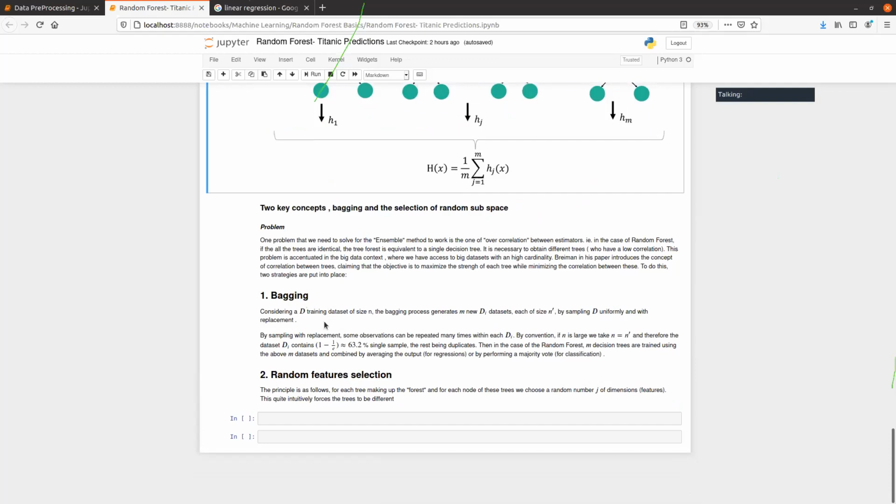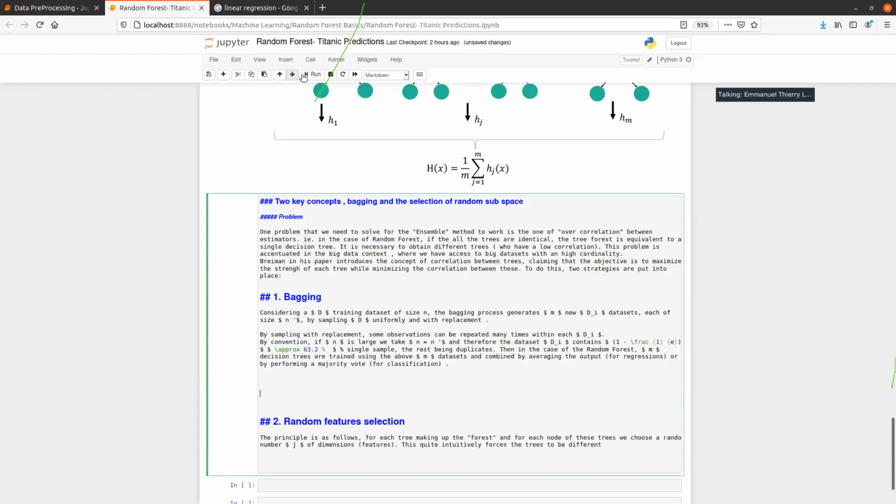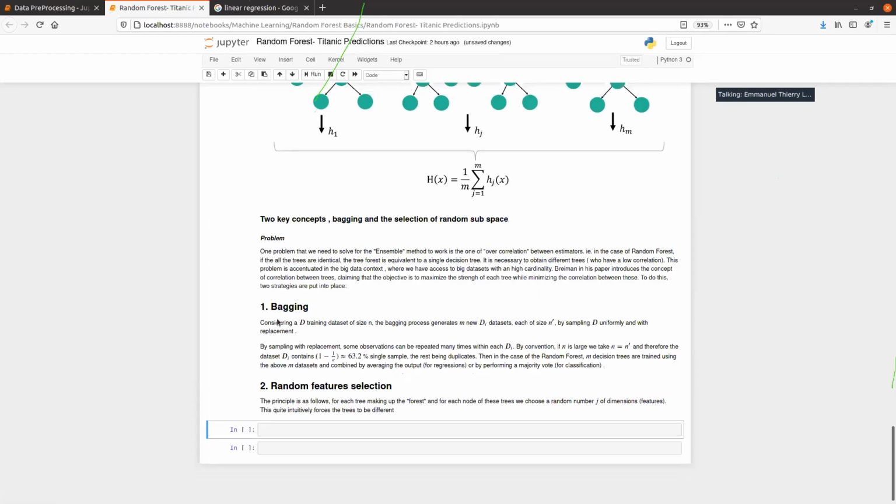And in order to do that, there are two methods. The first method is called bagging. I wanted to add additional material in here, but I ran out of time, because last week I was too busy. But bagging is simply, let's say you have this Titanic dataset. So let me just do df.head.